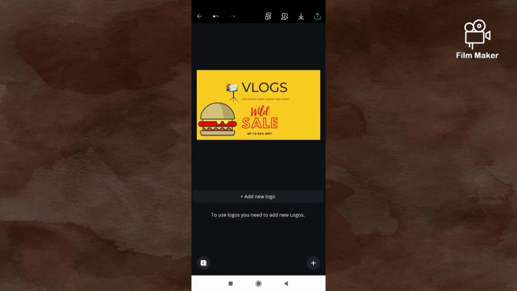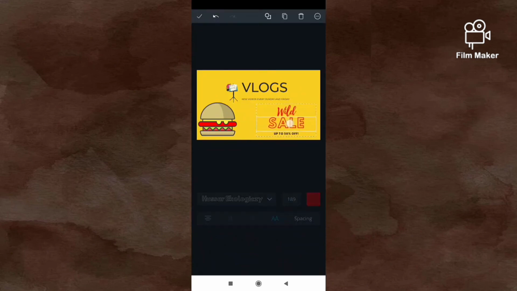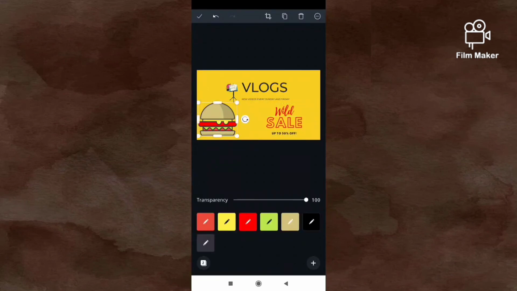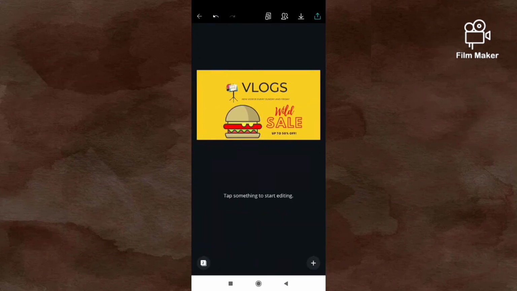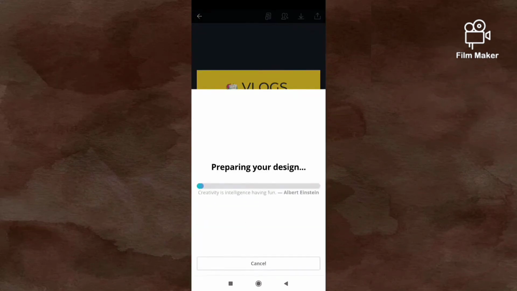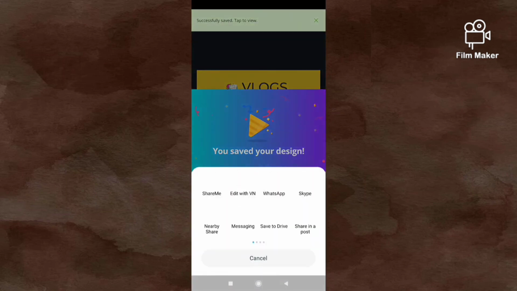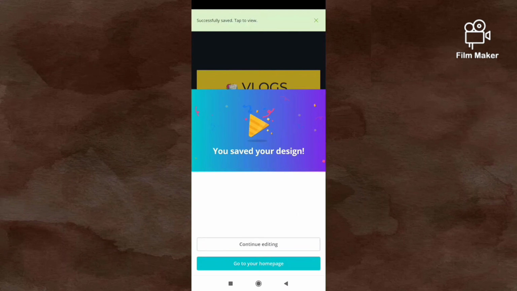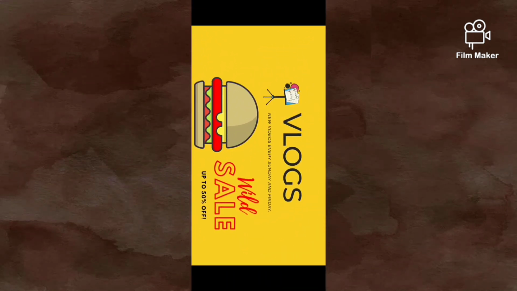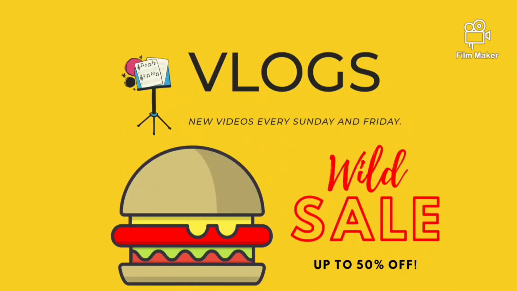For adding a logo, we simply need to have our logo; images, text, all these can be added. Videos and stickers can be added on this. I will make it to the right, wild cell, and also the burger to the right side or center aligned. For downloading the image, simply click on the top right second option. Here you can see the download icon, so it will download our image and save it in your gallery. So our channel art looks like this, which is not the actual channel art.